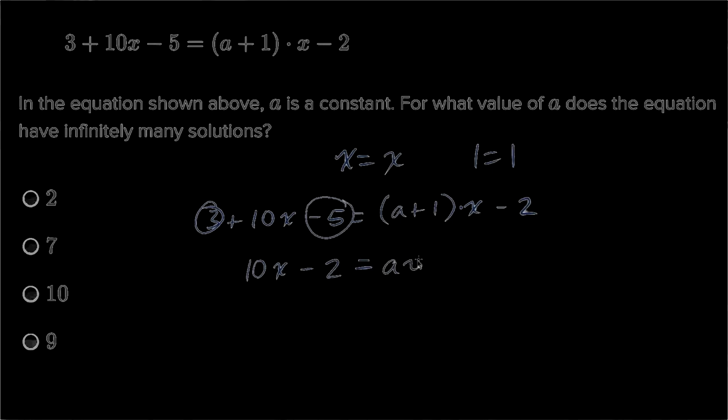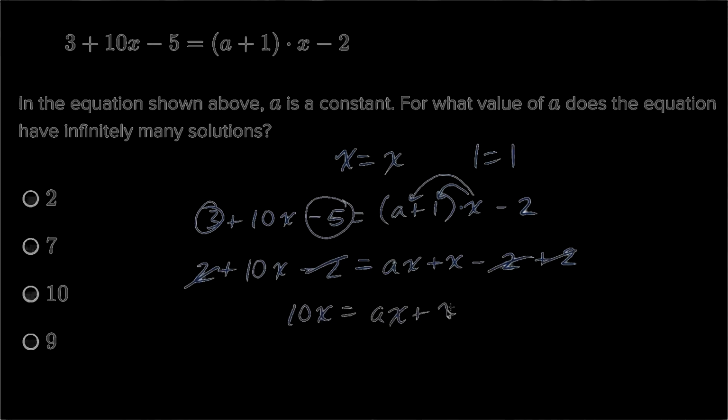So it's going to be ax plus x. All I did here is I distributed the x minus 2. Now let's see, I could get rid of both of these negative 2's if I add 2 to both sides. Remember, anything I do to one side, I've got to do to the other one if I want the equality to continue to be true. So I just added 2 to both sides, and I am left with 10x is equal to ax plus x. Let's subtract x from both sides. On the left-hand side, I'm going to get 9x. On the right-hand side, I'm going to get